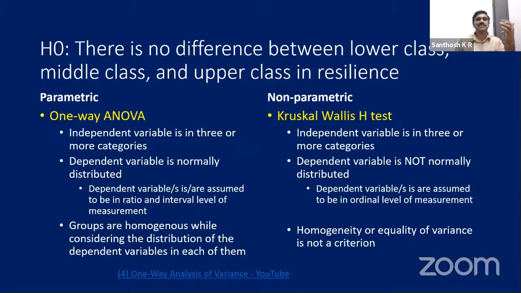Now that is about one categorical and other continuous data. If we are doing an experimental design, it will not be like this. This is just ex post facto research designs. If you don't know about the quasi-experimental design, there is a video on quasi-experimental research designs on that particular channel. If you don't know about experimental designs, there is a video on experimental designs also. You can watch those. I will try to explain it in the simplest way.